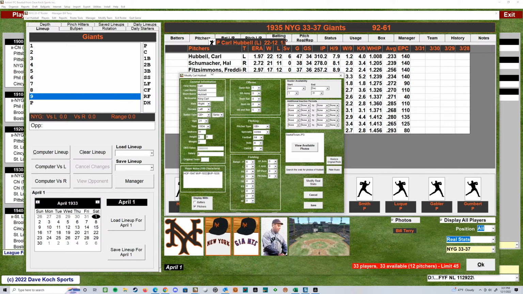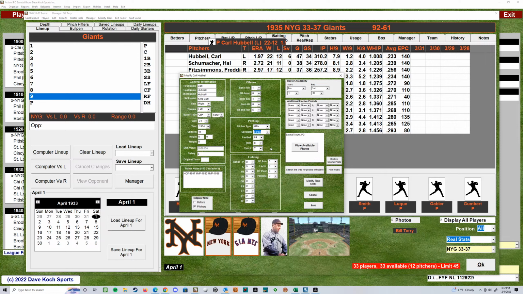It tells you his specialty: Carl Hubbell, his specialty, the screwball. And this is where you can select all that stuff. Clutch rating, I don't know if anybody's read anything on there. That clutch rating is what Action uses to simulate people. They use Pete Vukovich as an example, somebody that let on a lot of base runners but didn't let a lot of them score, right? So they've got a really lower ERA than you think they should based on how many runners they let on base.